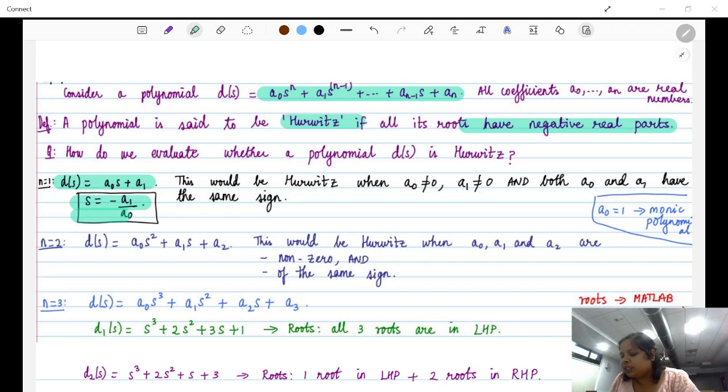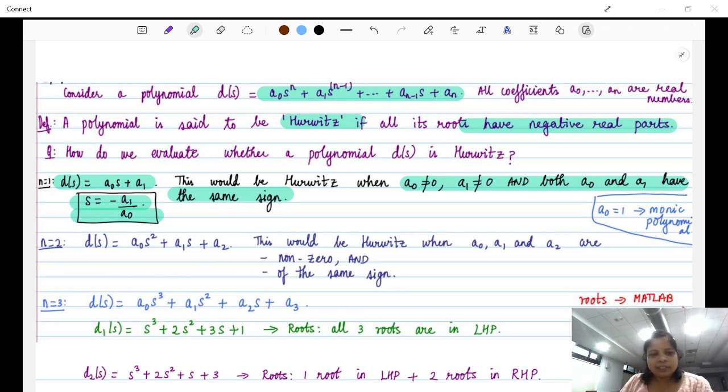You can see when we try to find out s for a1 s plus a0 equal to 0, we get that s is equal to minus a1 upon a0. So minus a1 upon a0 would lie in the left half of the s plane. It is only possible if a1 and a0 both have the same sign. Both of them either should be positive or both should be negative. So this was essential for a first order system to have poles in the left half